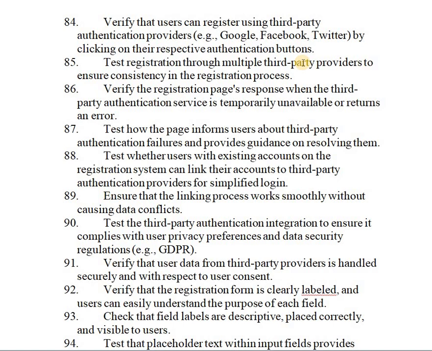The next, test whether users with an existing account on the registration system can link their account to a third party authentication provider for simplified login or not. The next, ensure that the linking process works smoothly without causing data conflicts, that your registration page is able to do that or not. Then next, test the third party authentication integration to ensure it complies with users' privacy preferences and data security regulations. Then verify that users' data from the third party provider is handled securely and with respect